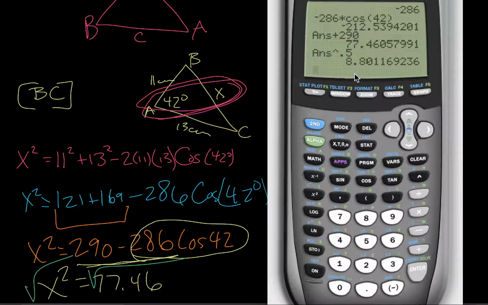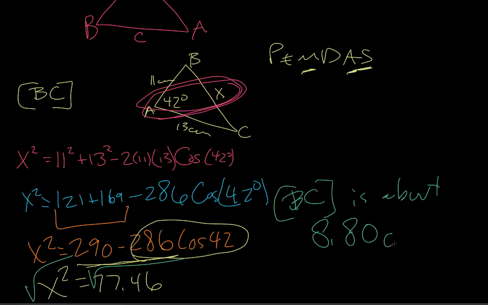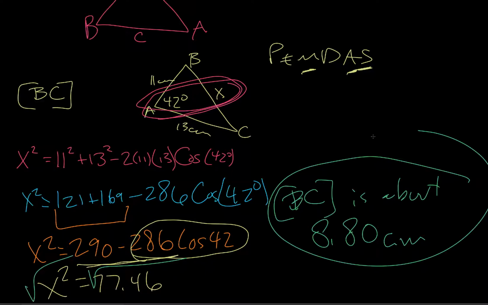And so we're going to say 8.80. So BC is about 8.80, what is it, centimeters? Okay, centimeters. So that's our answer on example 3. Now on example 4, they give us